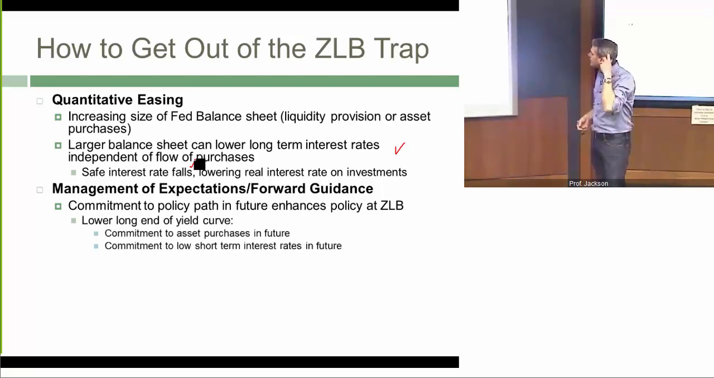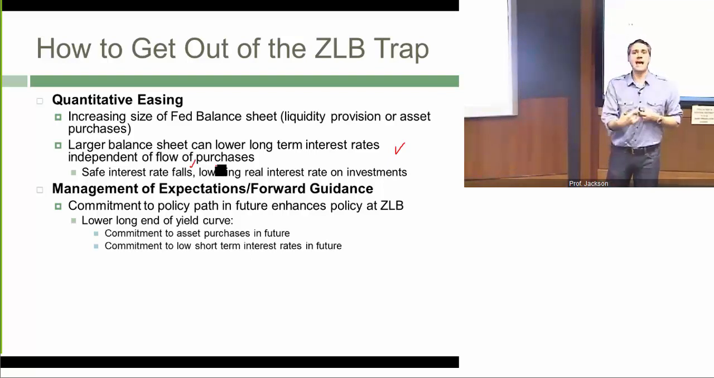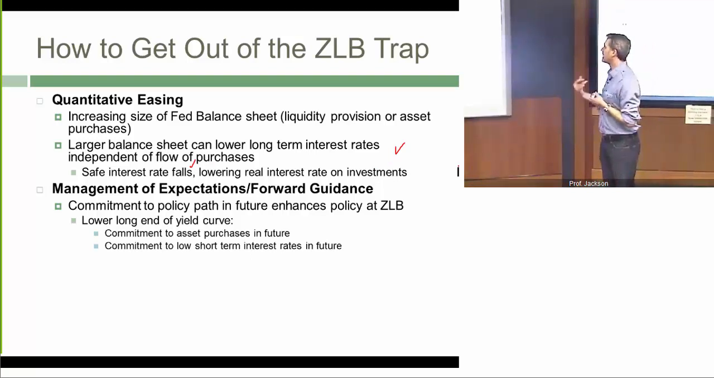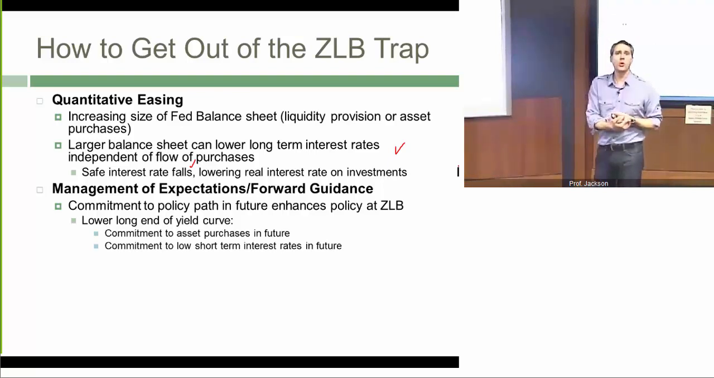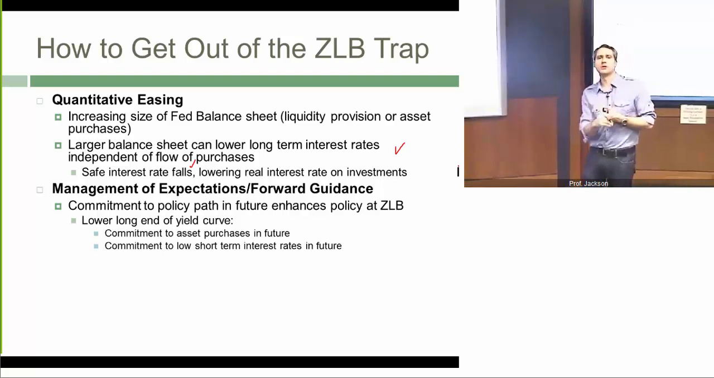And so that can come in two forms. So first of all, the Fed can lower the long end of the yield curve either by committing to purchase assets into the future, or it can also commit to keeping short-term interest rates low now and into the future. And so the basic story of this, which might go a little bit beyond the scope of this course, is that